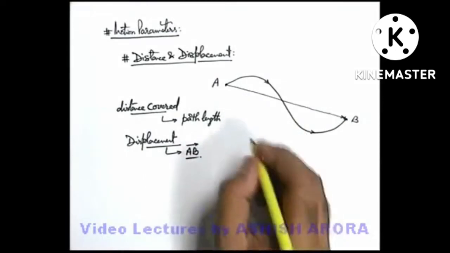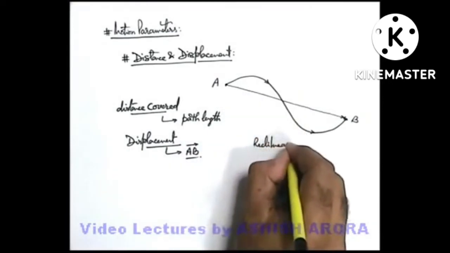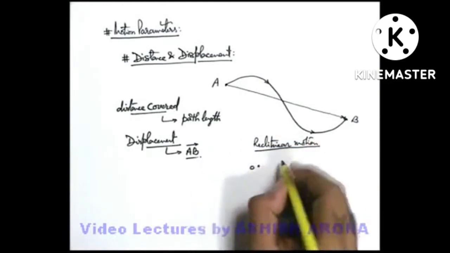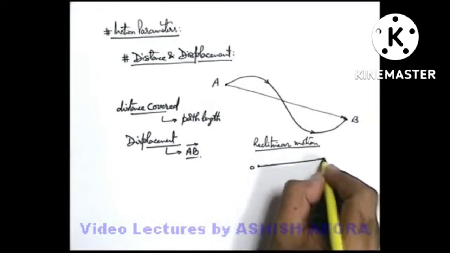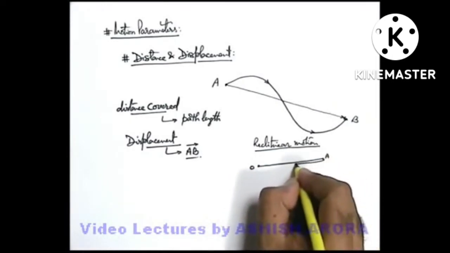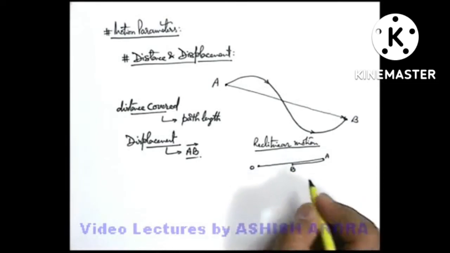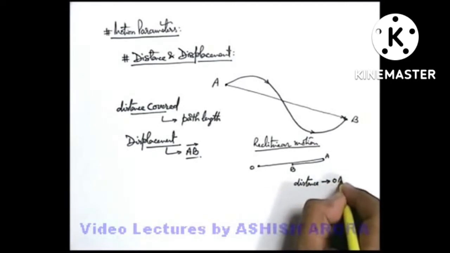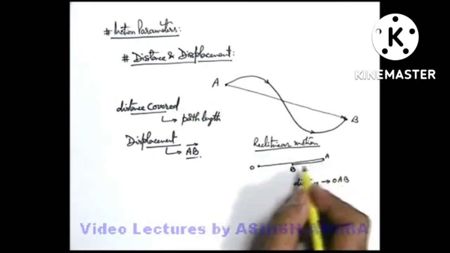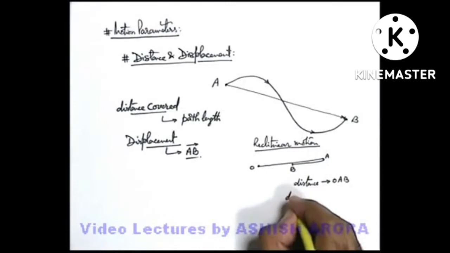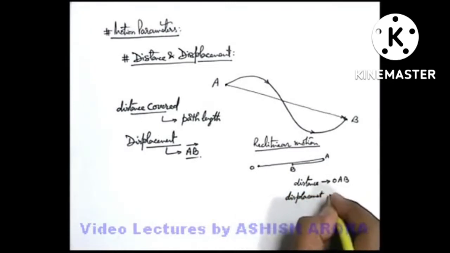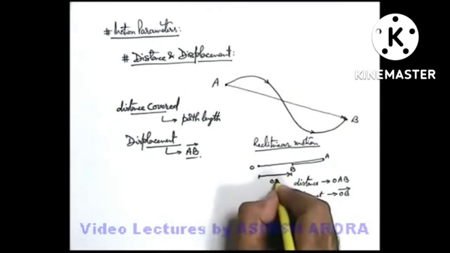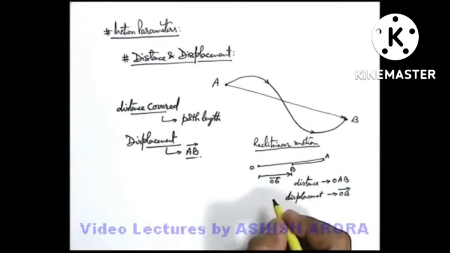Now, for one dimensional motion, in case of a rectilinear motion, when a body moves along a straight line, it is possible that from a point O a body starts, it moves in forward direction. At some point A it will come to rest, and then it will return back on the same line and reach a point B. So when we talk about the distance covered by the body, we can write this distance as OAB. It goes from O to A, then A to B. The total distance will be OAB. But when we talk about its displacement, this can be written as OB vector. It is directly from the starting point to the end point. This is the vector OB which we call the displacement vector.